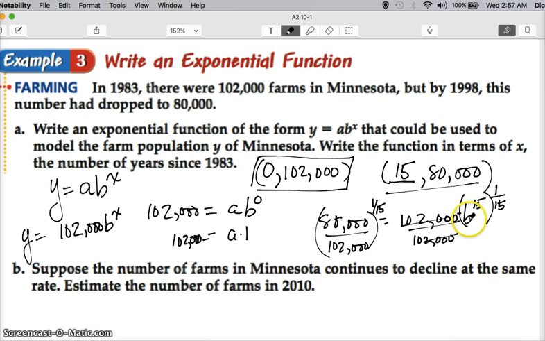So now I've got b to the 15th raised to the 1/15th is just going to be b to the first, b by itself. Next, I'm going to take this fraction 80,000 over 102,000 and raise that to the 1/15th power. I'm going to use my calculator. I get approximately 0.9836. So what does my equation look like overall? I know this is a whole lot of stuff, guys, but stay with me. My equation is y